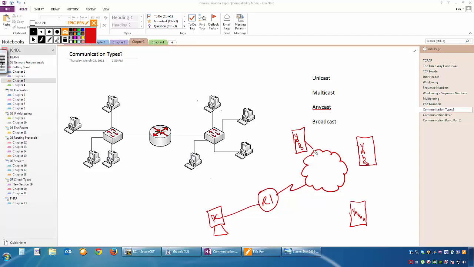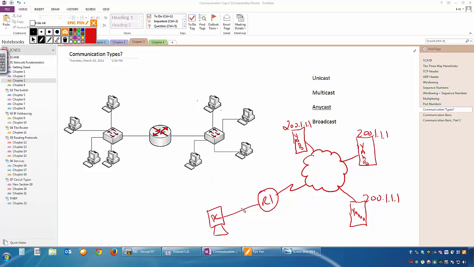The interesting thing about this is I'm going to give each one of these servers an IP address. Now, you would think that I would give them different IP addresses, but this is the one time that I can actually have the same IP address. And with anycast, let's say it's 200.1.1.1, this one's going to be 200.1.1.1, and so is this one.